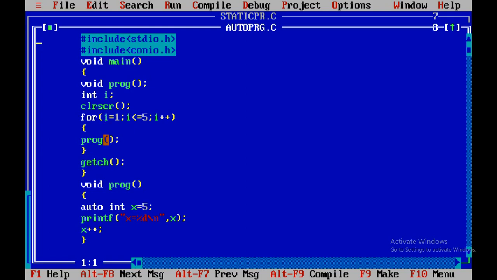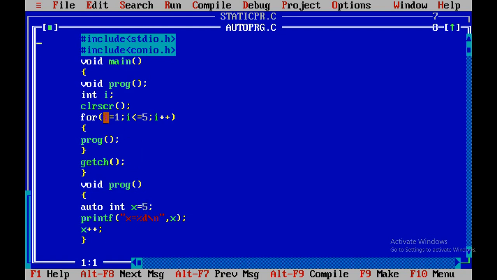When the prog function is called, control comes to our void prog. Here we are writing auto, which means every time the value of x is reinitialized as 5. Internally, if you declare a variable, a block of memory is created, and in that block I am initially declaring the value as 5.